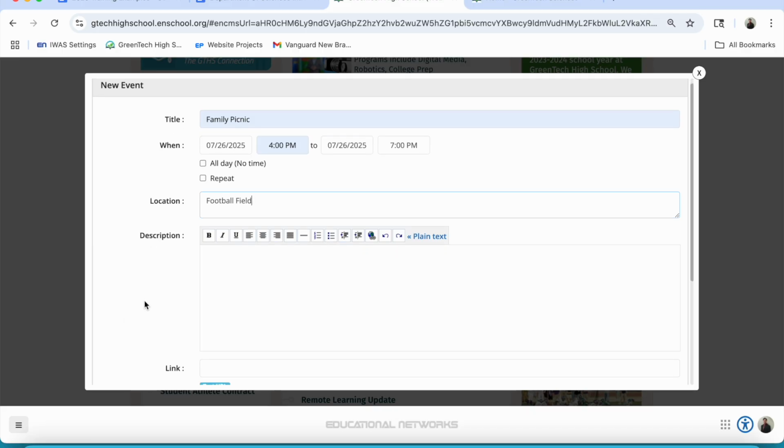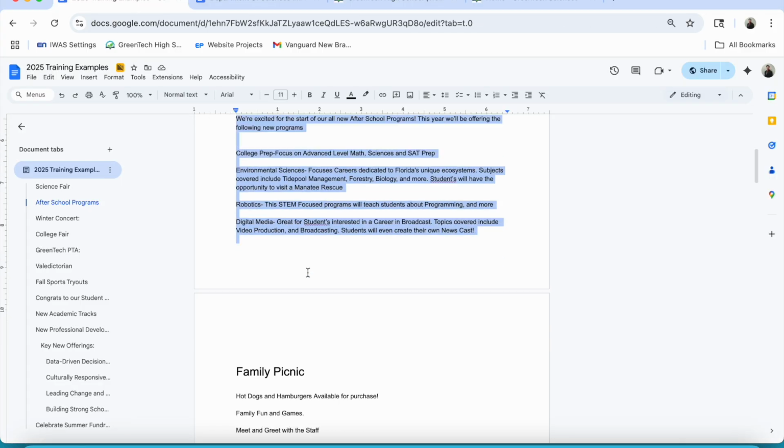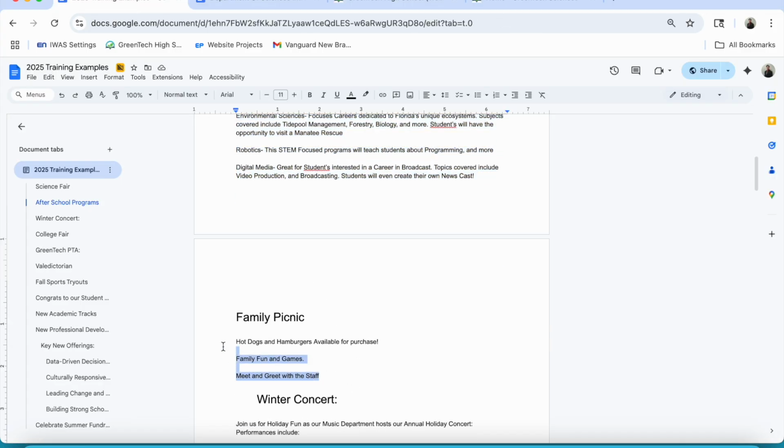After this, you're going to have the option to go in and add a description for your event. We're using that same text editor, meaning if we're going to paste our information in, we want to first switch to plain text. And I'm going over to where I have this stored. I copy the text,